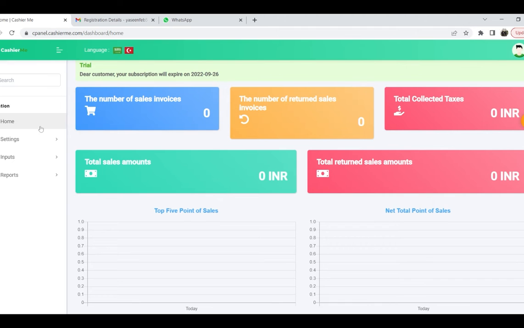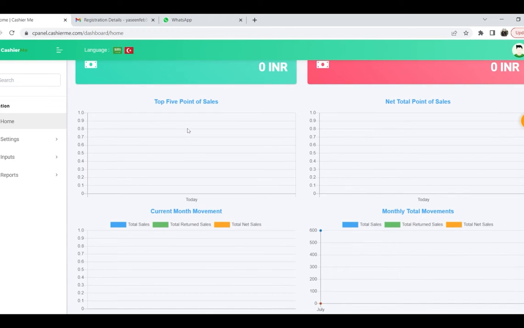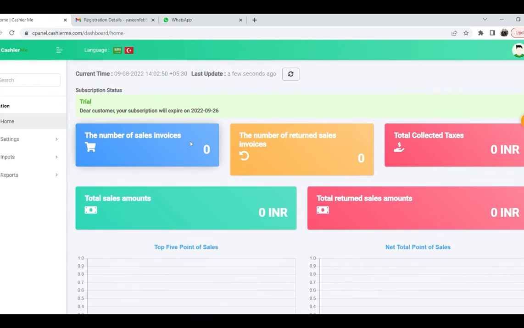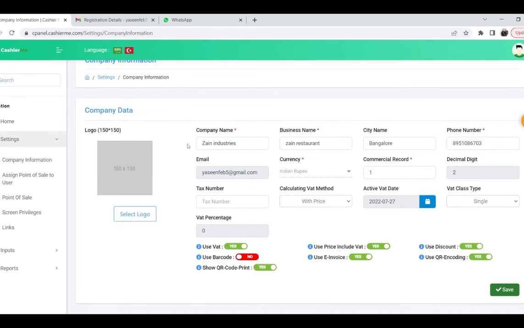When we go to the settings, there are many subdivisions which we can click on, and for each item incorporate the details as required. For example, my company name, since it's my restaurant, I'll be able to input all the details that I can, and also the name, the city name, the phone number, and the decimal digit, which is about how much we'll be willing to allow for the significance of the overall billing,